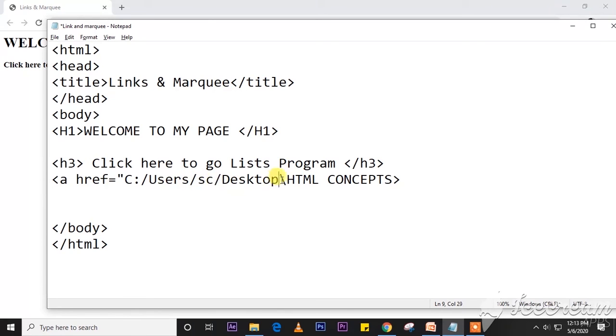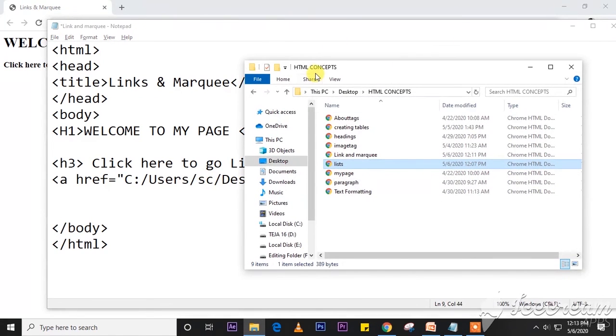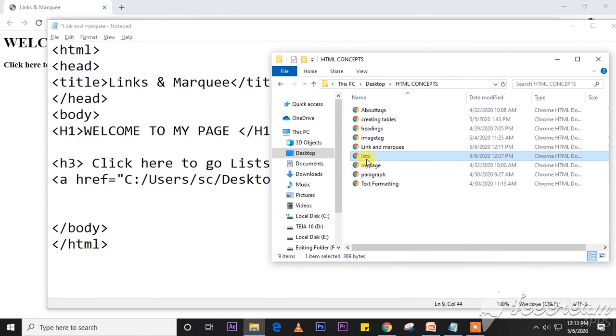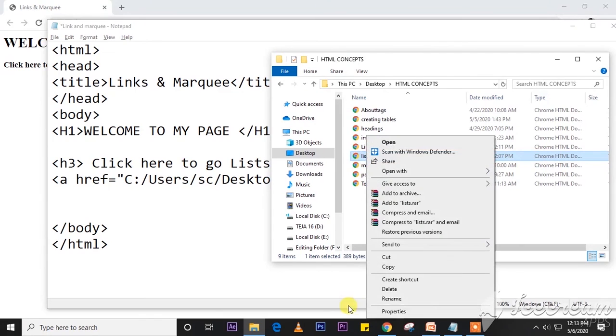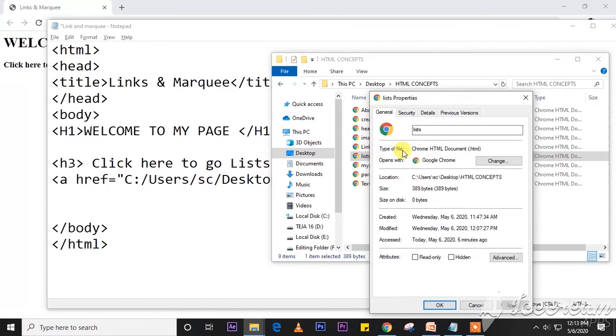So in HTML concepts, what is our file name? In HTML concepts, our file name is lists. So what is this file type name? So it is the .html file.